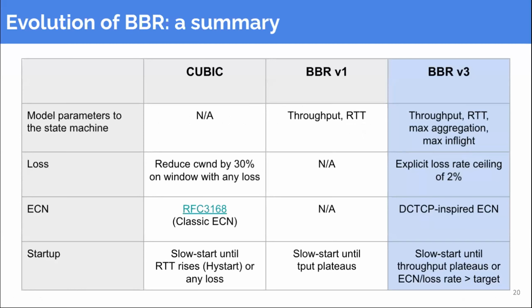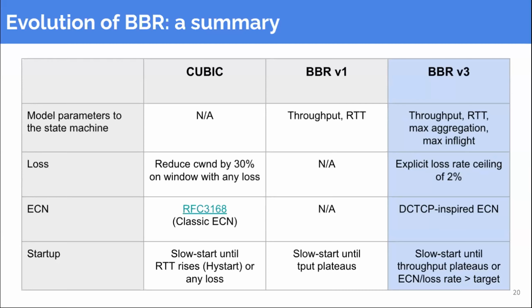So if we think about the first row here, the model parameters to the state machine, Cubic, of course, doesn't really have a network model that it's working with. It just has a congestion window. BBR version 1 has the maximum throughput and minimum round trip time model parameters. BBR version 3 expands those with explicit model parameters for the amount of aggregation that the network path is showing, as well as the maximum amount of in-flight data that a path can sustain without causing excessive loss or ECN